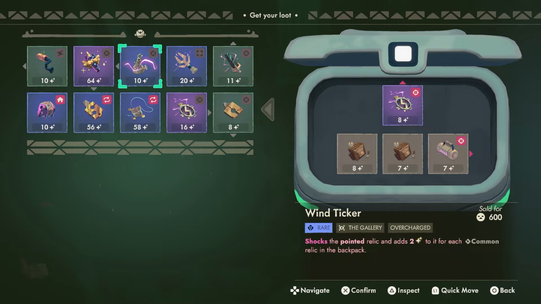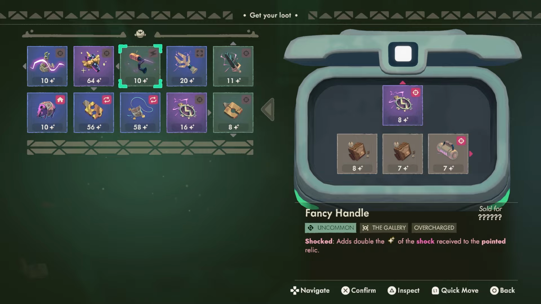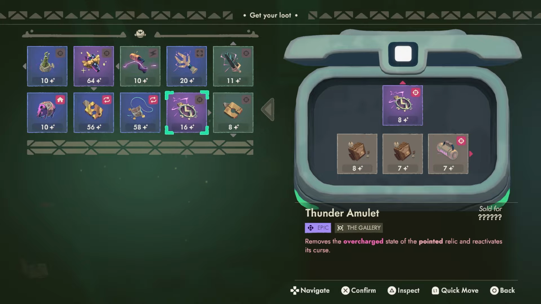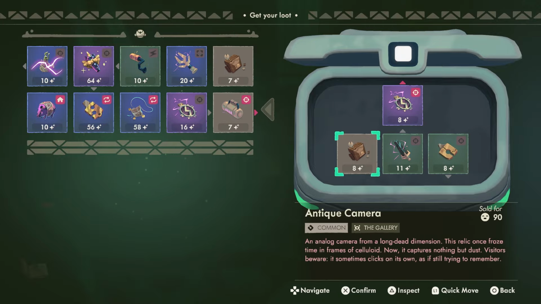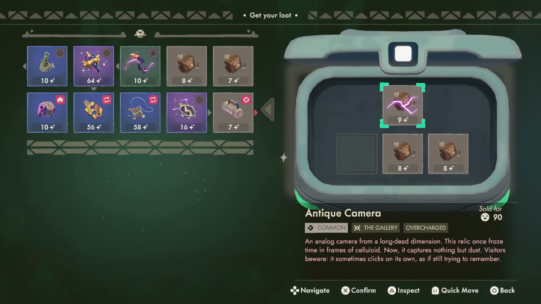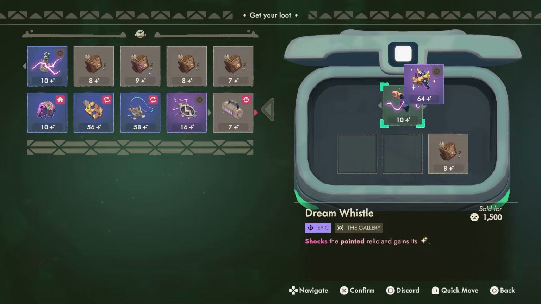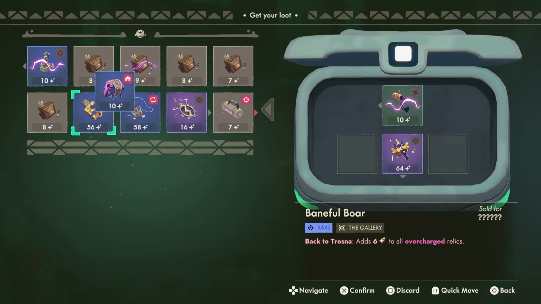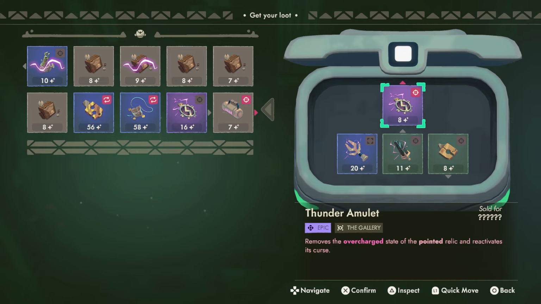So what we're going to want to do is have the wind ticket in this corner. Then we're going to want to have as many common relics in our backpack as possible. So let's start taking them out. It'll all become clear in a sec. Take you out. Then we want to put in...